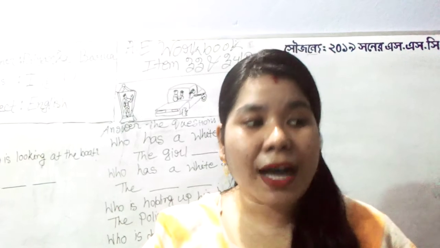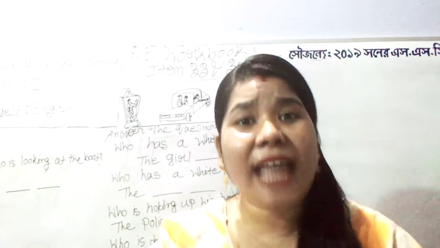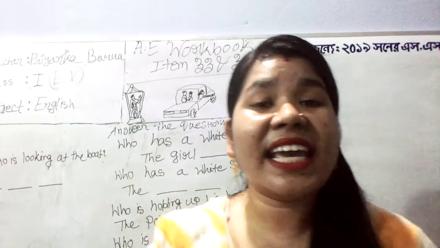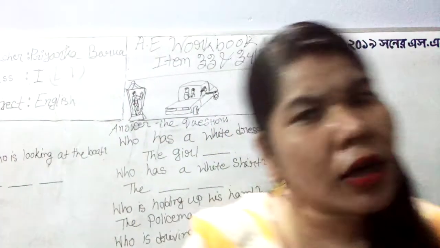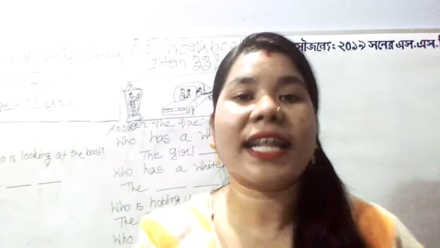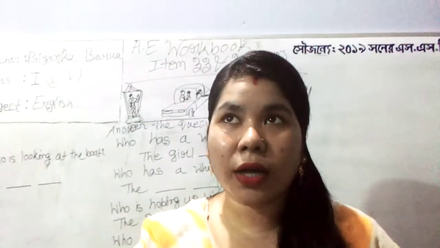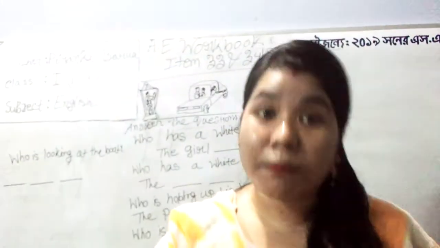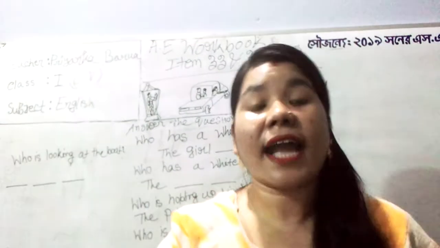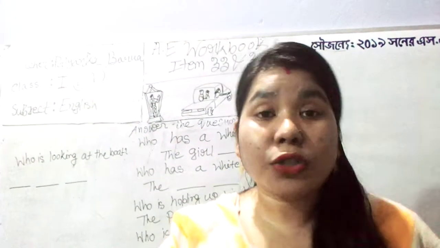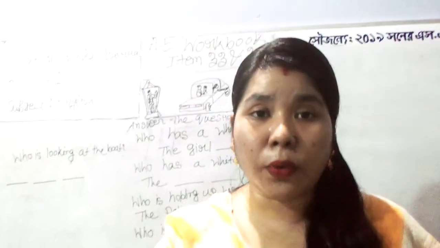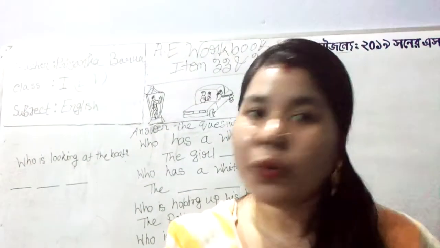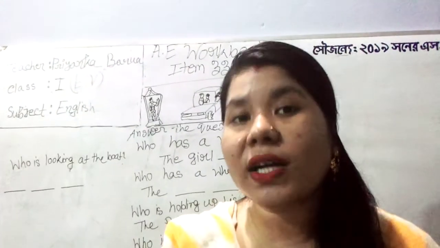Suppose you are asked who is doing that, who is doing this. When it is about who, you know that while answering we need to bring the noun. If it is about who, that means we need to bring a subject, and of course it's a noun. When we put a noun, then of course we need to put an auxiliary verb.